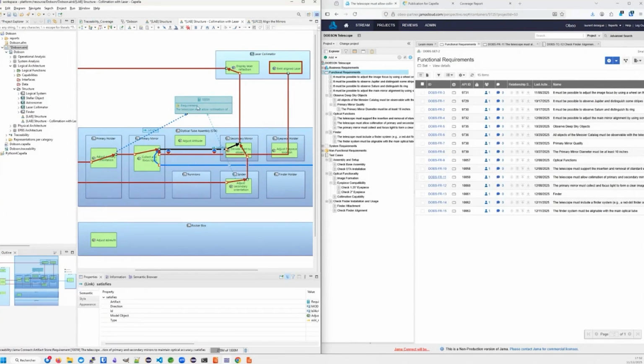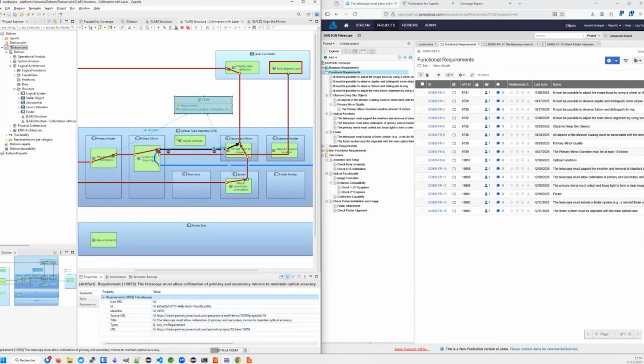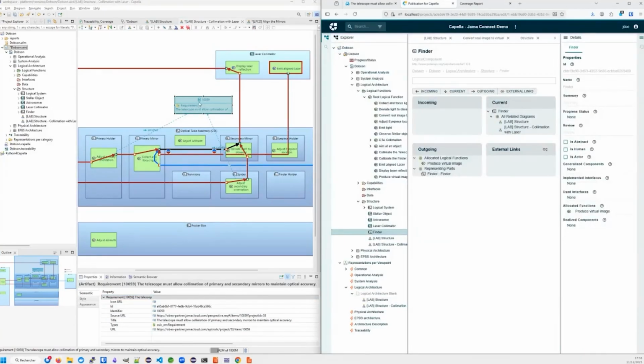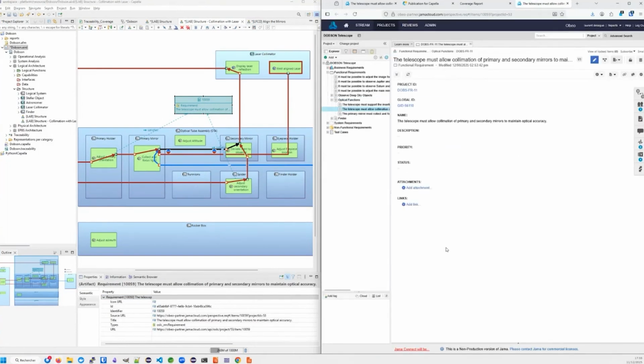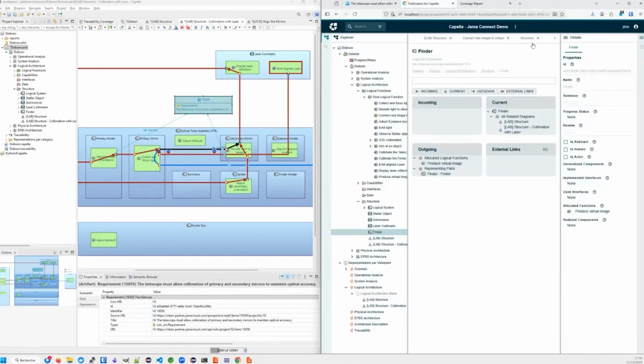So you can see here in the diagram a summary of the requirements. Basically, we only use the API ID of the requirement. We display the type of the element and the title of the element, a shorthand of the title, but everything is available in the model here. And nothing more, because as I mentioned earlier, we don't want to duplicate all the information. If anybody wants to know more about this requirement, they just need to right-click on it and hit show online, and it will open the Jama software page on this requirement so that they can understand more about it. So that's sufficient and efficient, we believe.